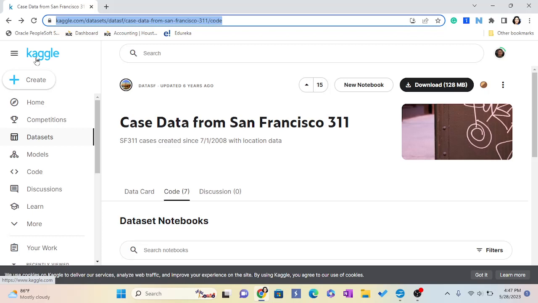This is the best place to get data sets for free. Most of the data analysts and data scientists download and practice from this Kaggle account. Create a Kaggle account, which is free, and go to data sets and download this